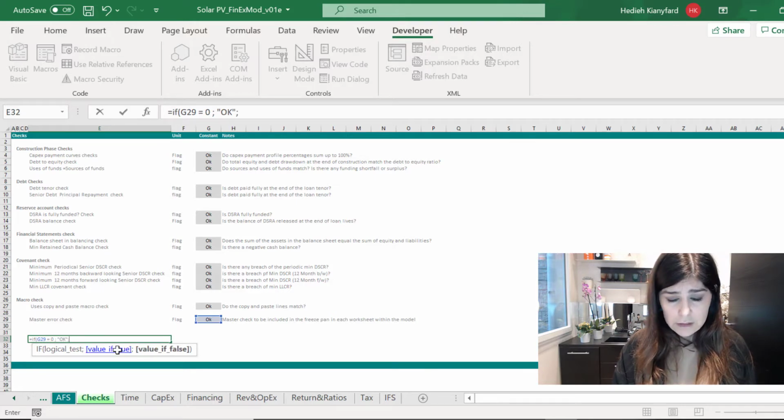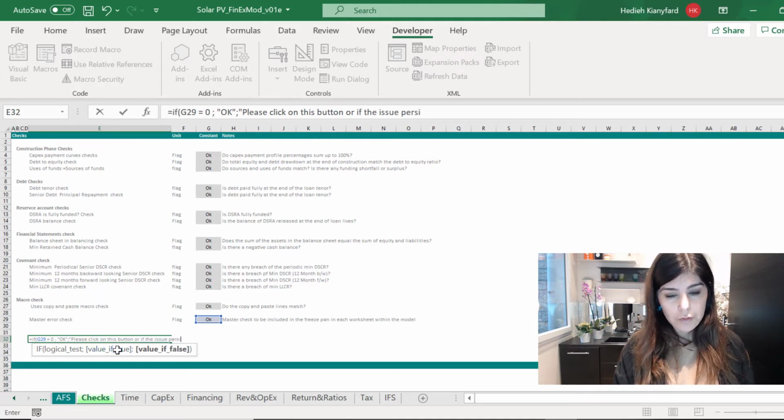And if not, you say, please click on this button, or if the issue persists, go to checks sheets and trace the issue, something like that. Okay,